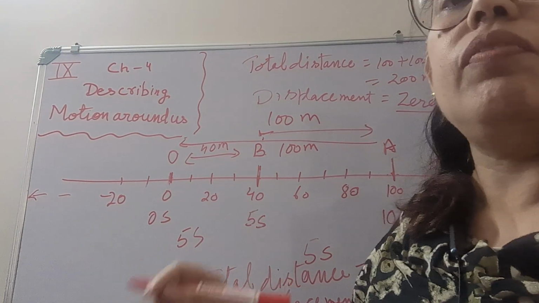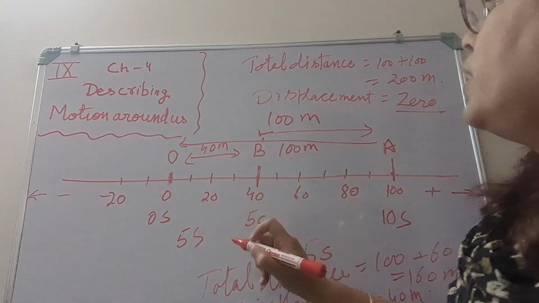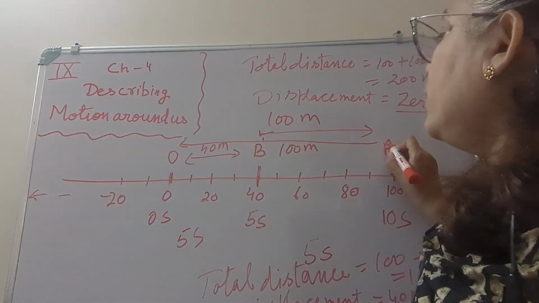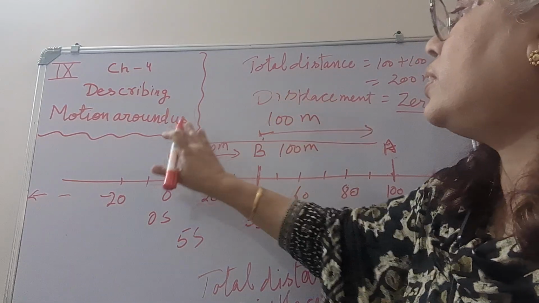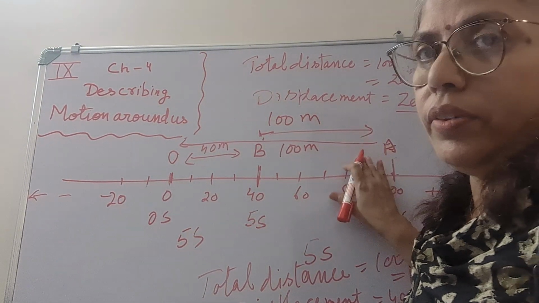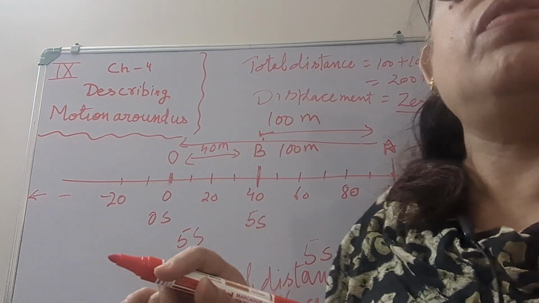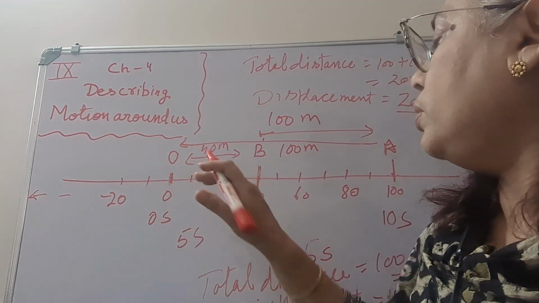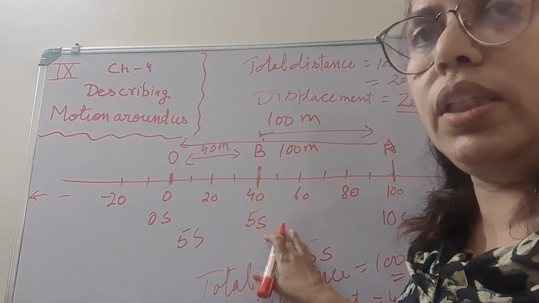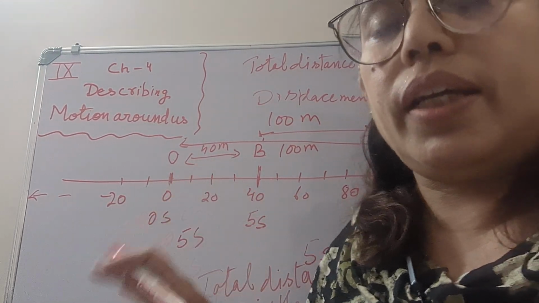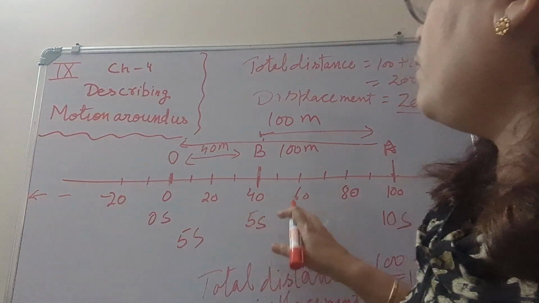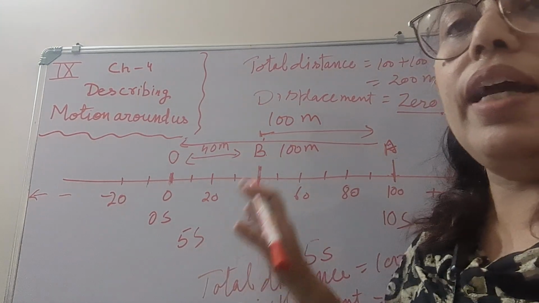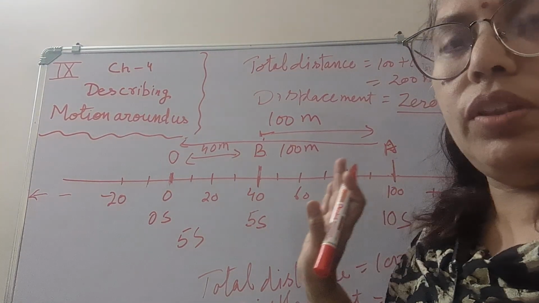Distance and displacement are equal when an object is moving in the same direction from O to A. The displacement is 100 meters and the distance travelled is also 100 meters. So in displacement, we have two things in consideration: the total distance travelled, a physical quantity in meters, and also the direction. Such quantities have magnitude as well as direction. Magnitude is 100 meters and direction is the right hand side of the line.